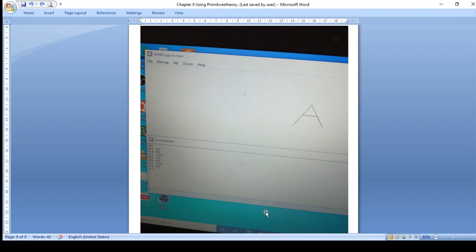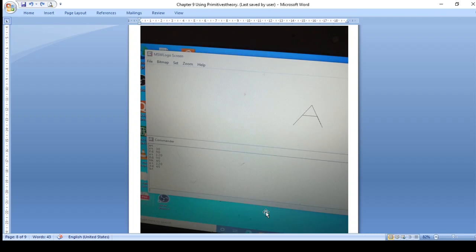And whenever you want to execute your command you have to press the enter key. In chapter 8 we have also seen the different commands like forward, back, left, right. If I do LT 180 or RT 180, it will make a half turn, right?